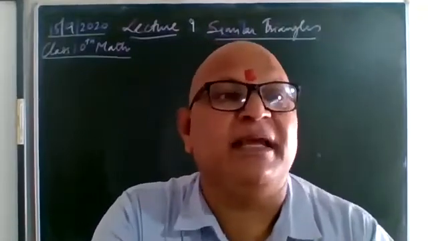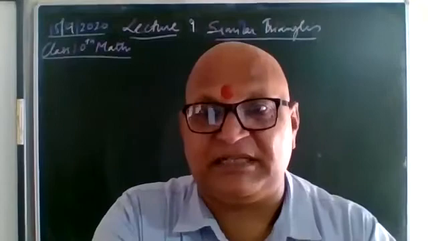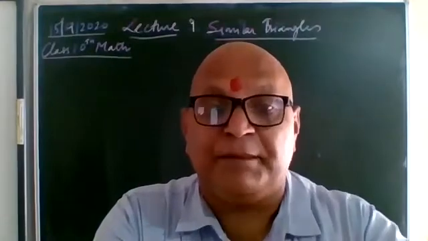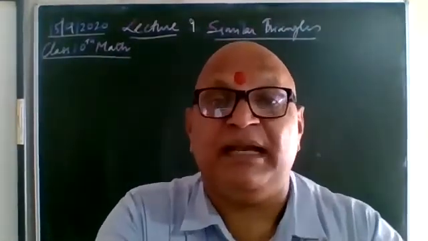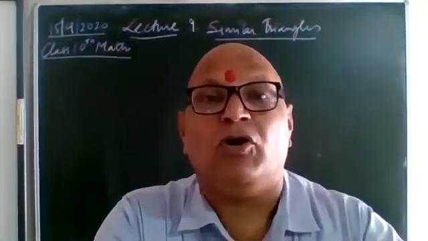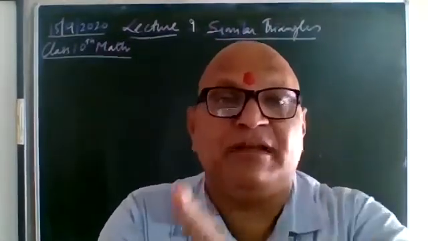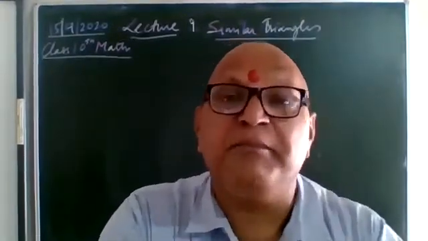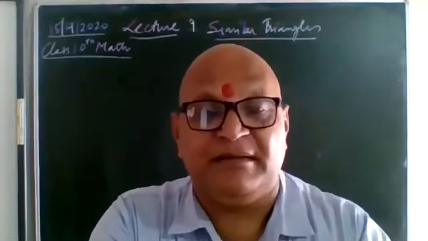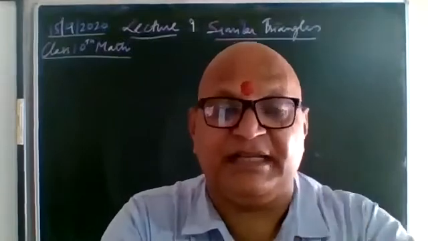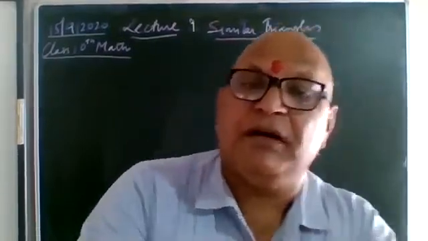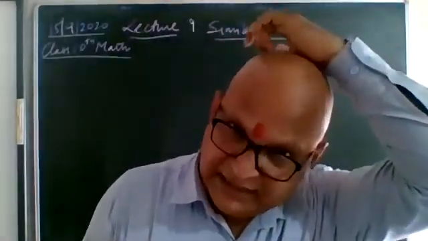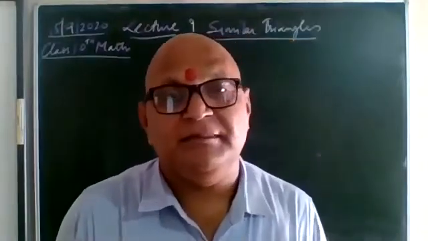In the 9th class, I have explained what is the angle bisector. Angle bisector bisects the angle. Perpendicular bisector bisects the line segment. Altitude is always perpendicular. It will not bisect. After that, fourth is what? Median. What is median? Median is a line segment joining the vertex and the midpoint of the opposite side.